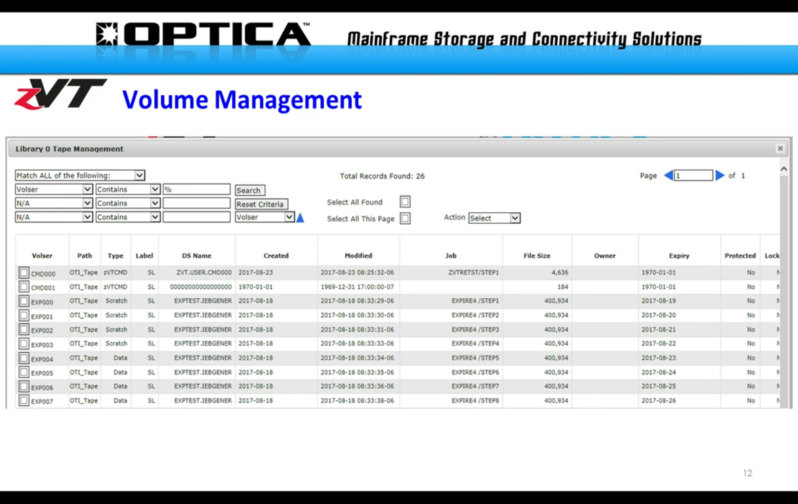In the upper left-hand corner, there's a whole bunch of sort criteria and search criteria, and this allows a very quick method for customers to find specific tapes. A good example is you want to know exactly what tapes were written on a certain date, say June 20th. You can set up the search criteria to find those,